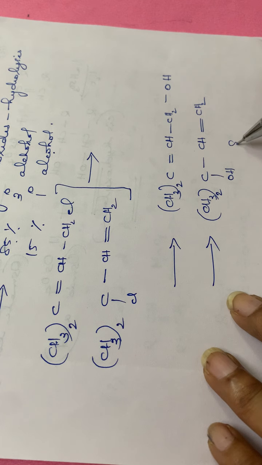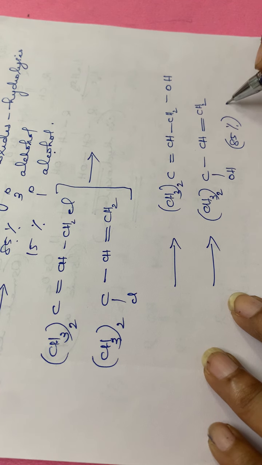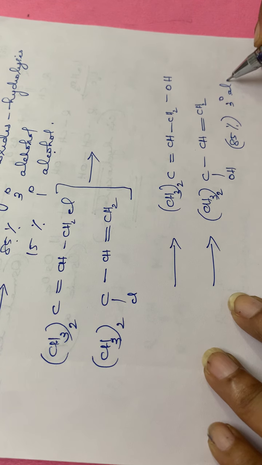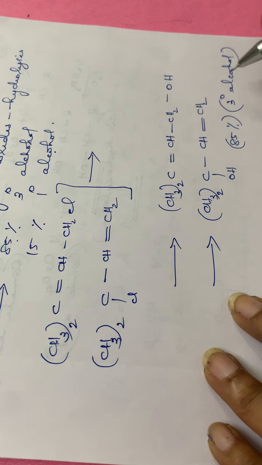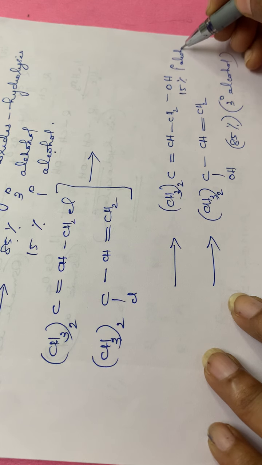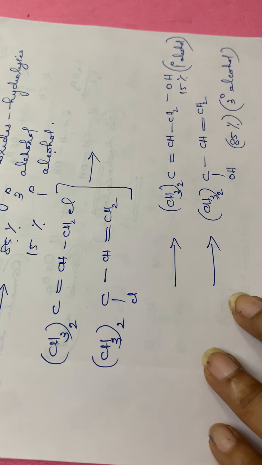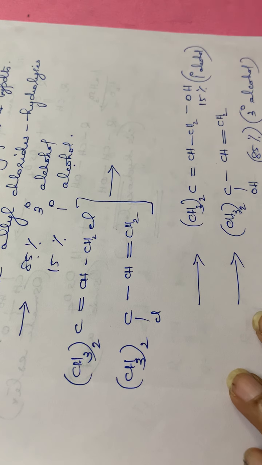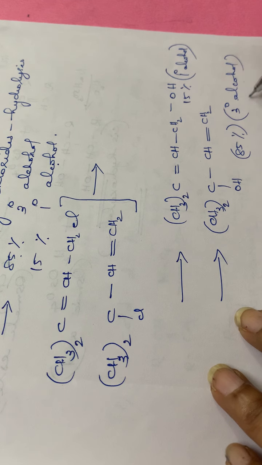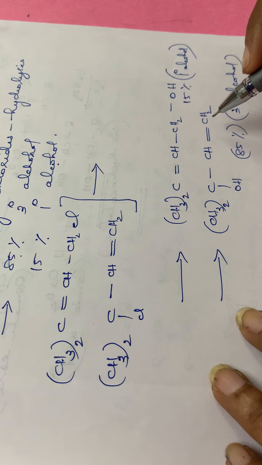Okay, so this is 85% tertiary alcohol. This is a tertiary alcohol, C-OH, isn't it? So this is a tertiary alcohol and this is 15% of primary alcohol. Okay, so if this product has to occur, what will be the intermediate? And if we are having this tertiary alcohol, what will be the intermediate? So we are identifying the intermediate from this product.